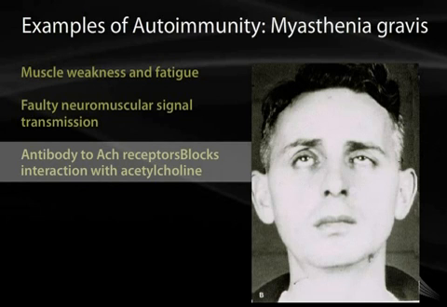Well, as with any immune disease or autoimmune disease, you could try to give them steroids, but those have a lot of side effects. One of the more unique aspects of the disease here allows us to, instead of getting rid of the autoimmune disease, outcompete the antibodies. We give these people anticholinesterase inhibitors, and what that does is allow the acetylcholine to stay longer in the synapse, and it can outcompete the antibodies for those receptors. And in so doing, we can get the signal transmission.